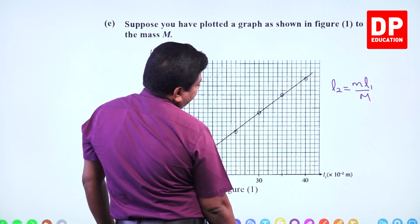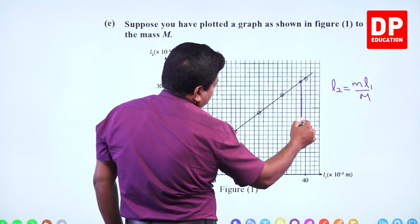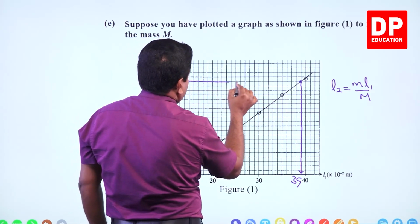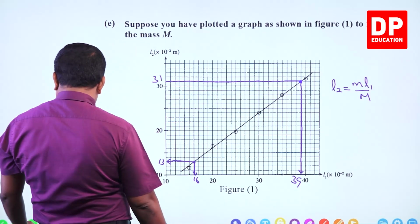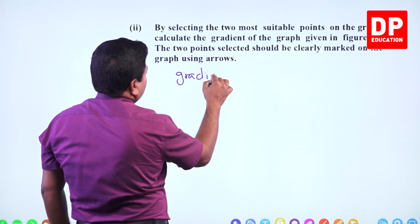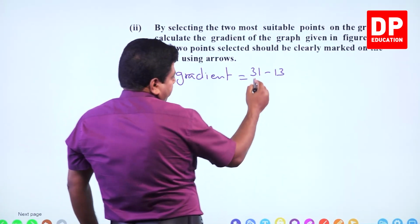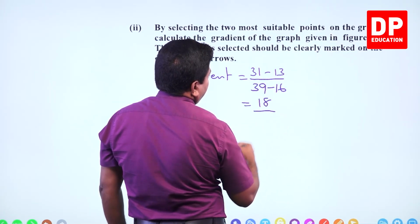Similarly, do we have another point anywhere else? Let us see here. That is 39 and 31. So, 31 minus 13 over 39 minus 16. So, this is 18 by